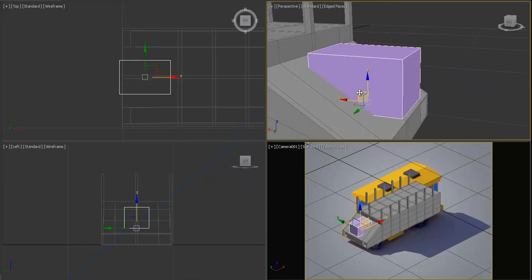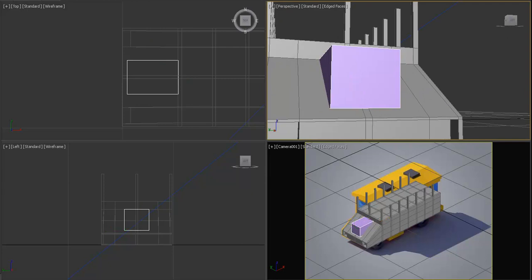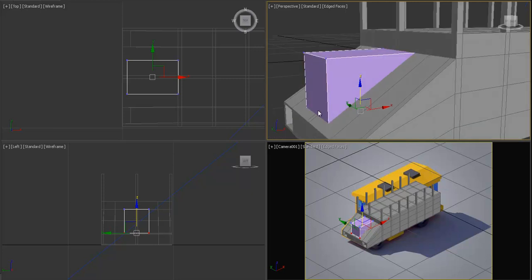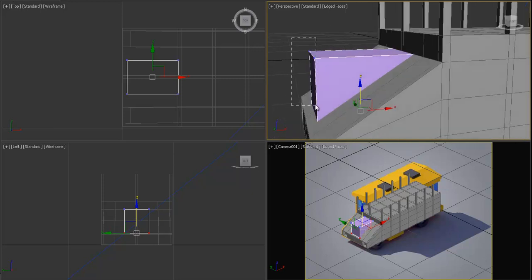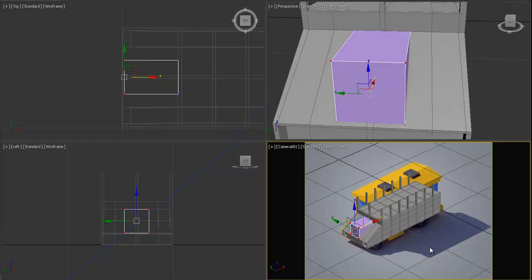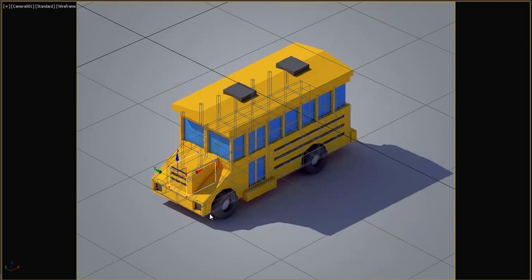Now let's bring it closer to here and let's make it a little bit down. Okay, we have a little bit space here. Let's make it a little less, and I think our model is a little bit wider. Oh, I just changed the perspective. Let's press Ctrl Z and let's make it wider. Let's select and make scale like this. Okay,